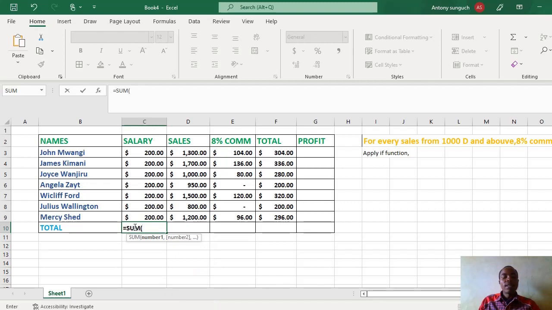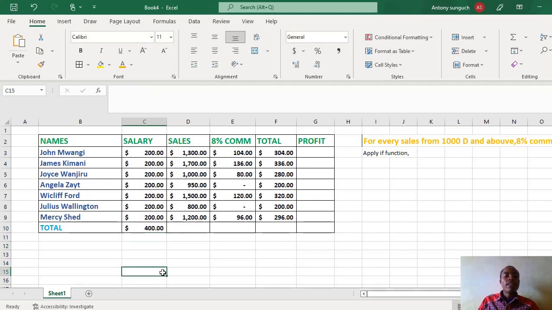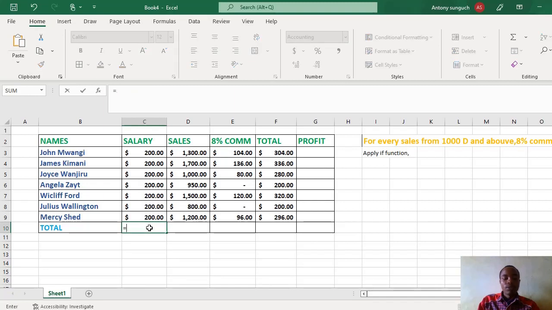Open the bracket, sum of cell C3 plus the last cell, C9. You are adding down to cell C9 and you close the bracket and enter. So the total was not supposed to be this. We are adding, sum is equals to sum,